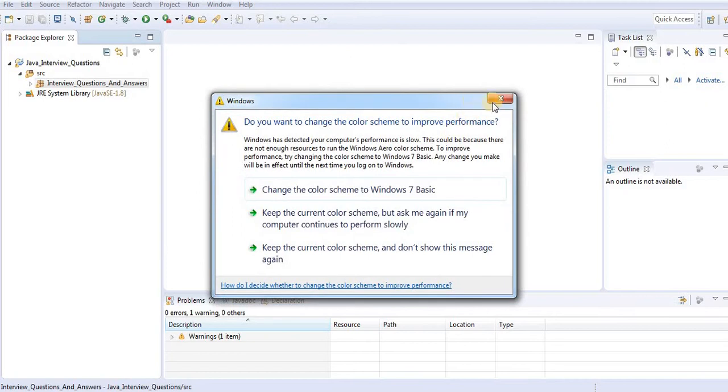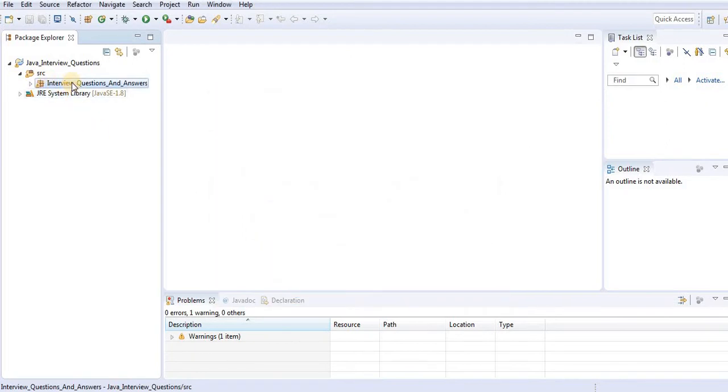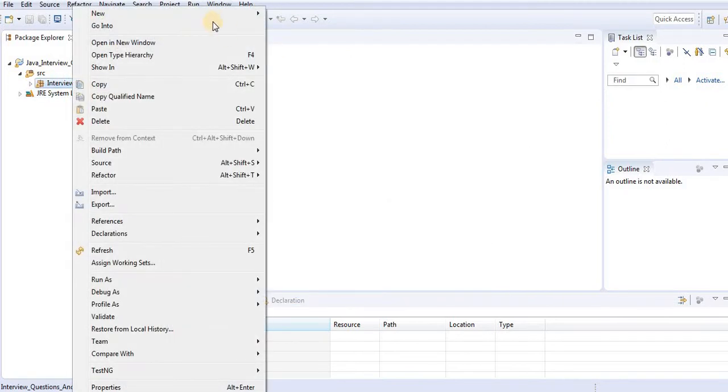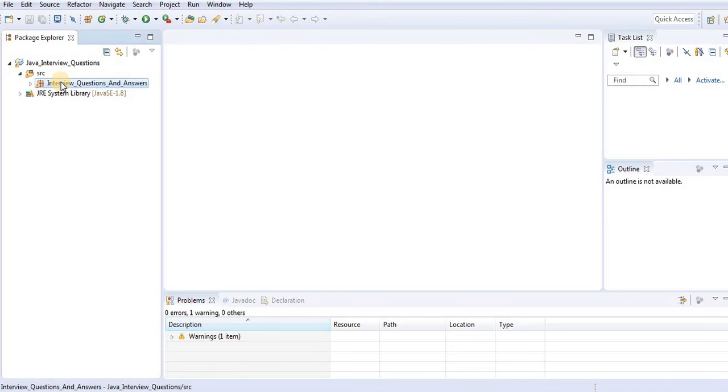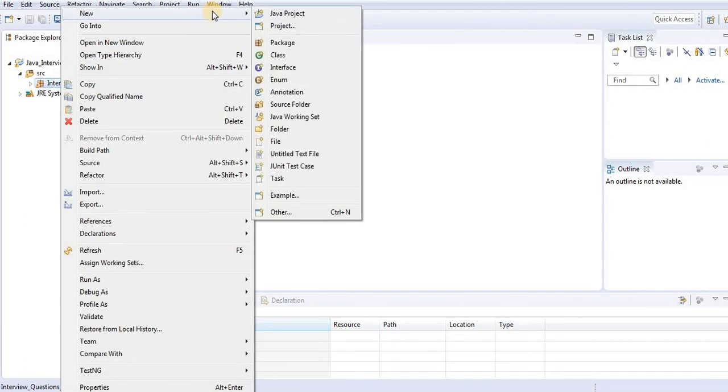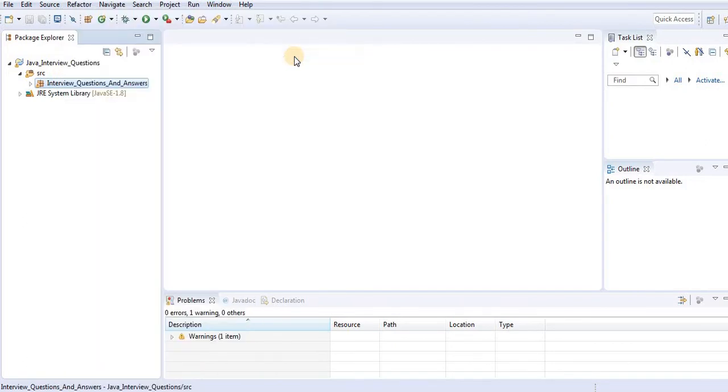First of all, I'm going to create one class. How can you create a class? Just right click here on the folder, go to New and create a class.